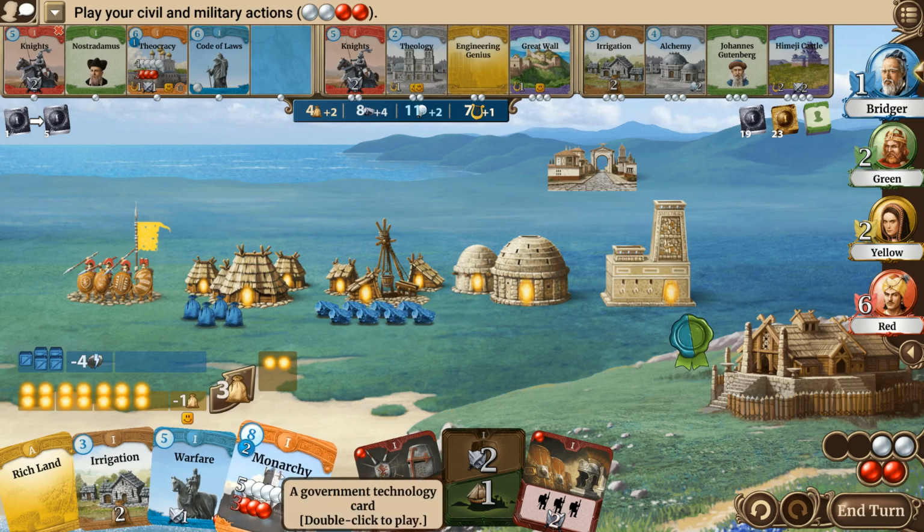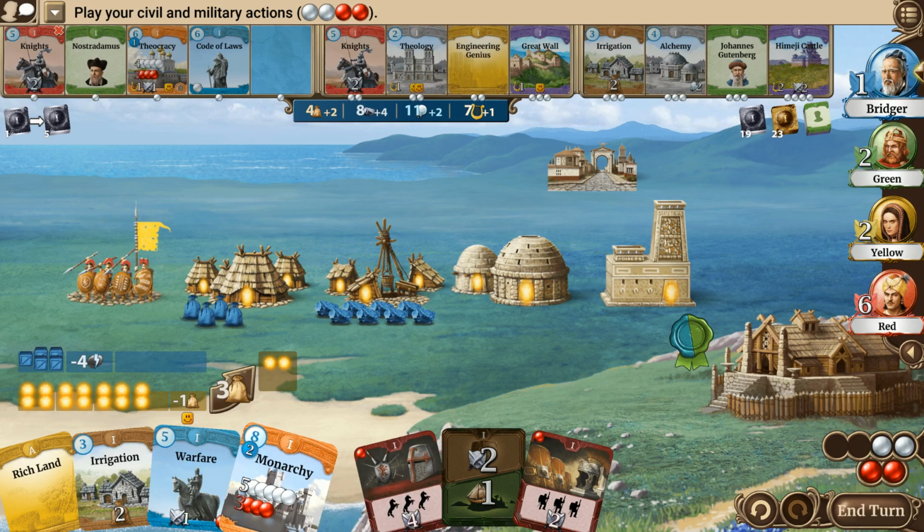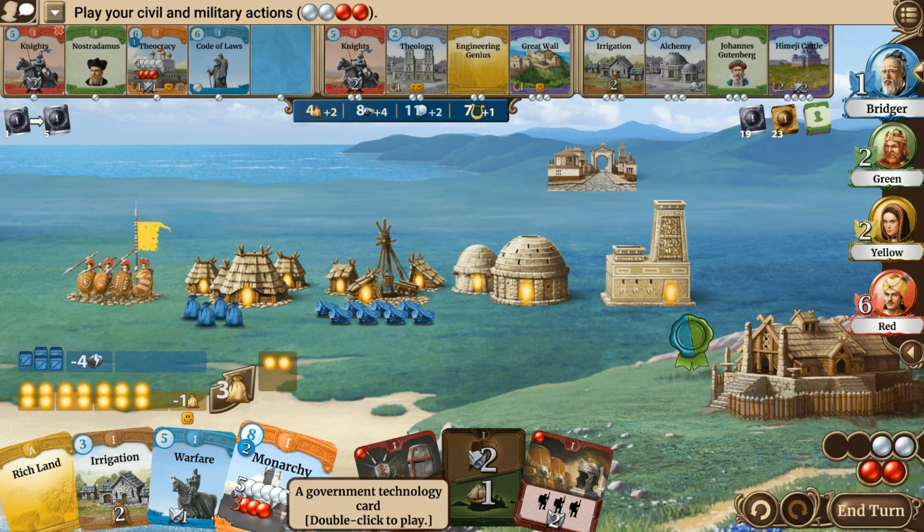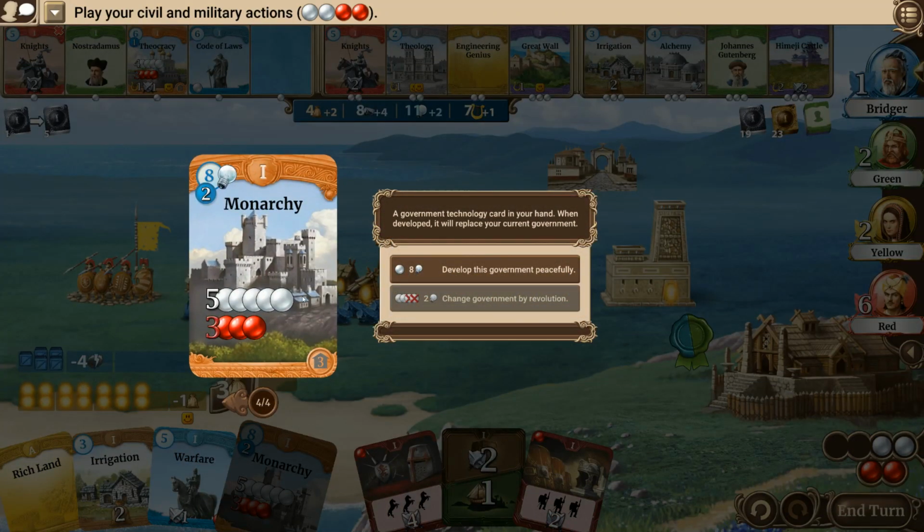monarchy. I can play monarchy. It can go into effect, and immediately I'll get the extra civil action. So we have 4. When I play it, I'll get the 5th one, which will come in as an extra. So I think I can play this. And by the way